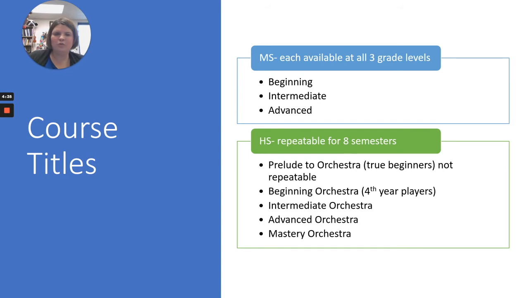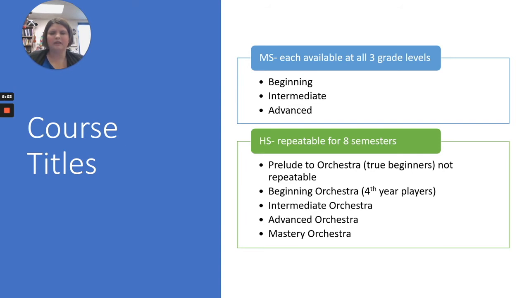Almost all the high school orchestra classes are repeatable for up to 8 semesters of credit. There's one exception, which is Prelude to Orchestra. In high school, the class called Prelude to Orchestra is actually a course for true first-time orchestra students who have no previous experience, true beginners, and it is not repeatable. You can only take it for 1 school year or 2 semesters. So that class is for true beginning